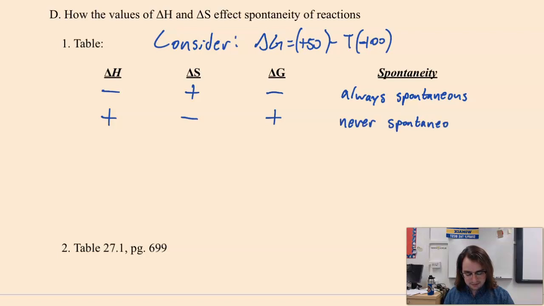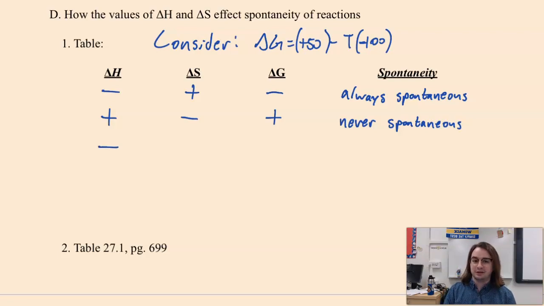So the reason why this table is useful is that even without doing any sort of calculations, as long as we know what the sign is for H and S, we can make an assumption about what the sign should be for G. So let's get a little trickier. Now what happens if we have a